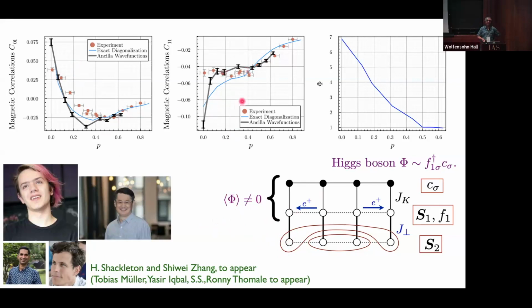I don't want to go into all the details here. Not that I'm very familiar with them, but it's really very encouraging how well this wave function works. So it's a good starting point for describing this. And the phi itself, as you determine it variationally, vanishes at some point. And when phi vanishes, then you just get a free, large Fermi surface here.